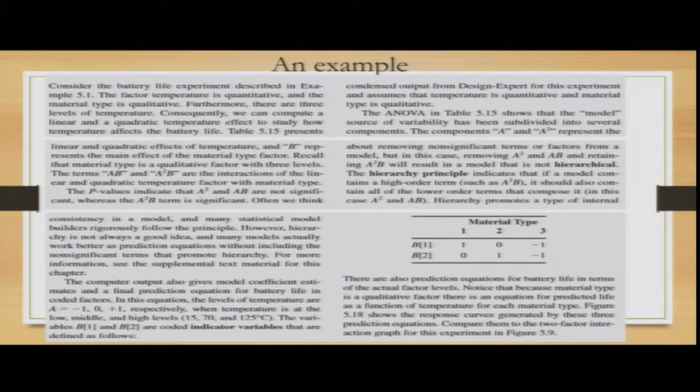So, table 5.15 represents the linear and quadratic effect of the temperature, and B represents the main effect of the material type factor. Let us recall that the material type is a qualitative factor with three levels. So, consider the terms AB and A squared B,